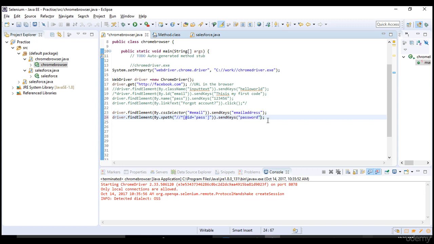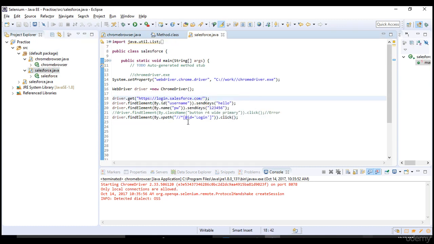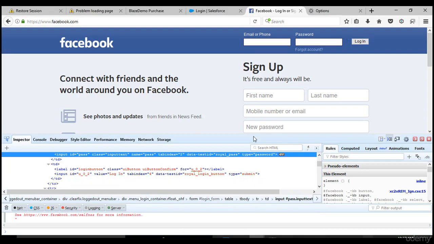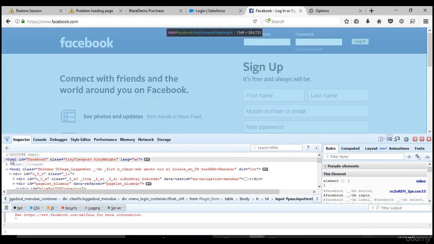So this is how you can handle XPath and CSS. At the same time, let's go back to Salesforce, and oh, we already did it, right, using XPath. So this is how you can generally generate them from the browser. And one more thing I need to tell you here. Sometimes Firefox is not stable in giving the XPath. If you see any XPath from HTML, that means from this point, then that is not a reliable XPath.